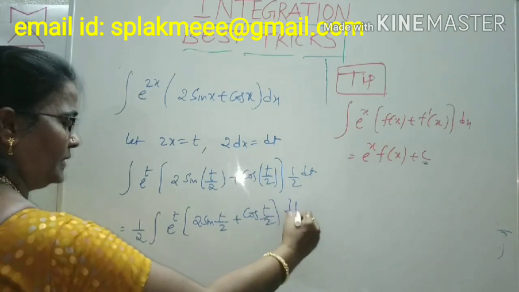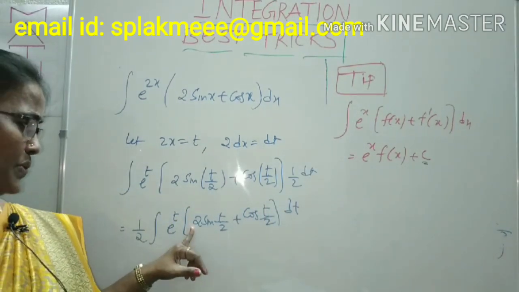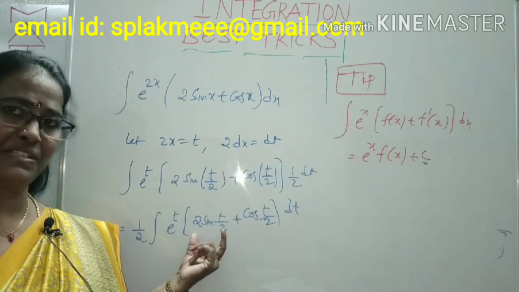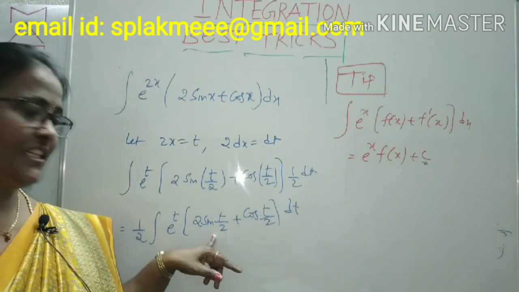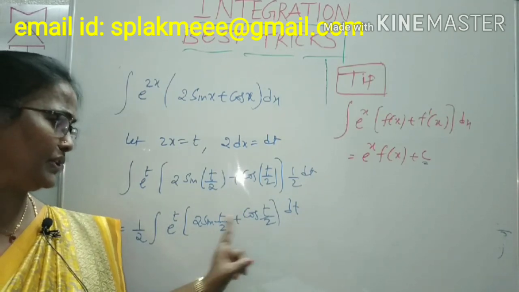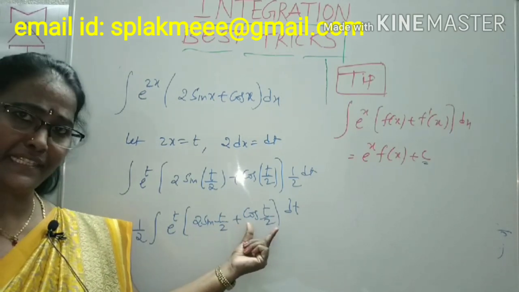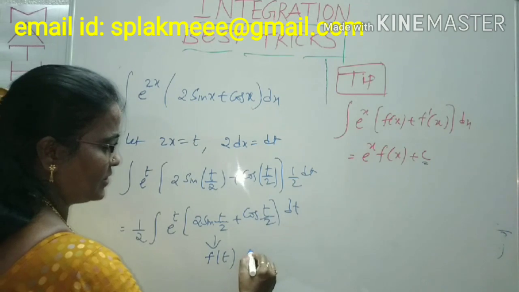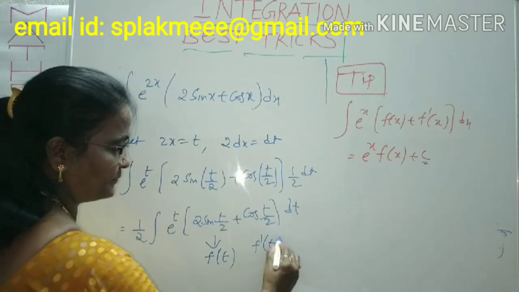Is it clear? Now tell me, it is clearly the e power x form, but in place of x there is the variable t. What is the function f x or f dash x, which means in terms of t, f t and f dash t? Tell me, which is f t? Yes, this is f t, because the derivative of 2 sine t by 2, sine t by 2 derivative, you know that clearly, is cos t by 2 into 1 by 2. 2 cancels. Therefore, clearly the derivative of 2 sine t by 2 is equal to cos t by 2. So clearly this function is in terms of t, that's why you can write f t. This is f t, this is f dash t.